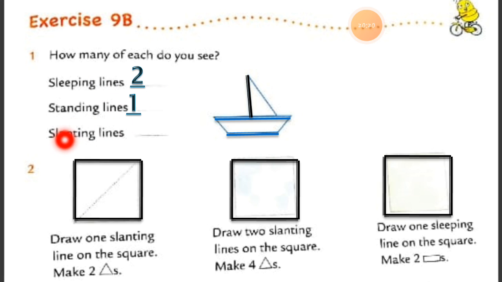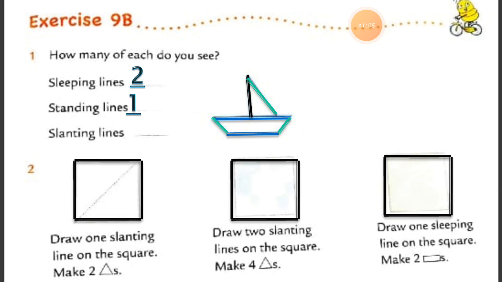And now at the last we have to try to find out the slanting lines. See how many slanting lines are there in the picture. I just overwrite with the green color, so it is easy to find out how many slanting lines are used to draw the picture. Here is slanting line number 1. You can see I just move the red dot around it. Another slanting line is here. This is the slanting line number 2. The next slanting line is here.